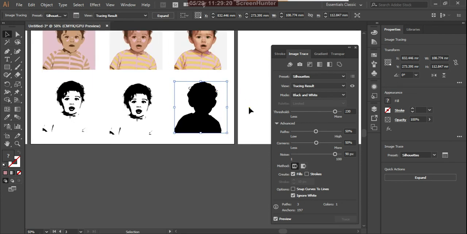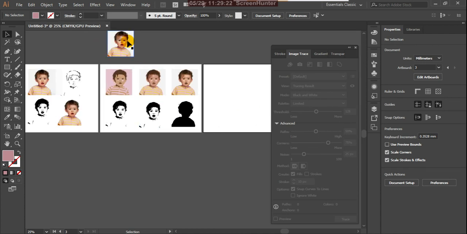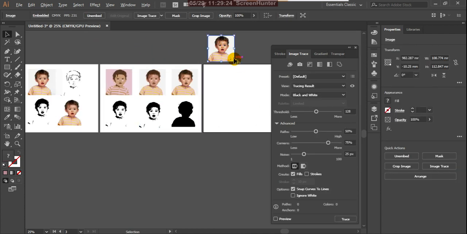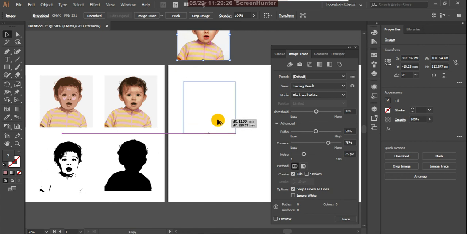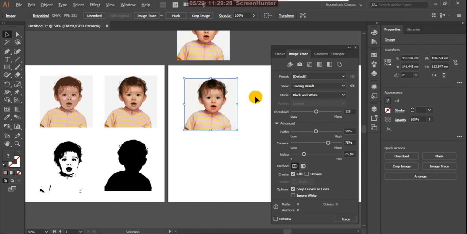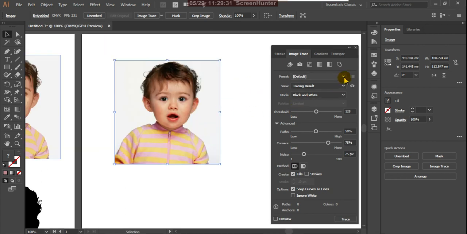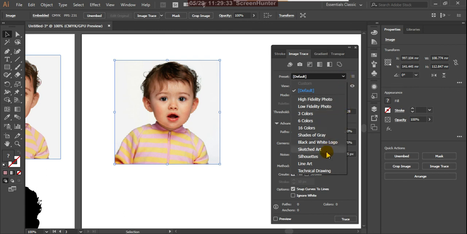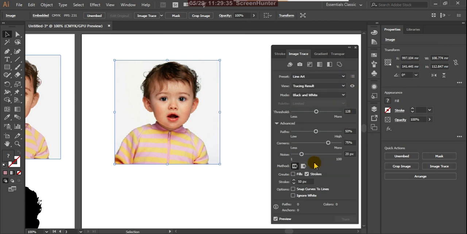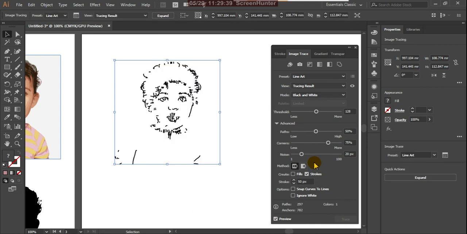So okay, and here you can observe this, a line art. So we already used this. Line art can create outlines, but we cannot by adjusting this.